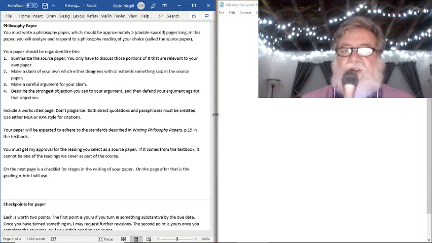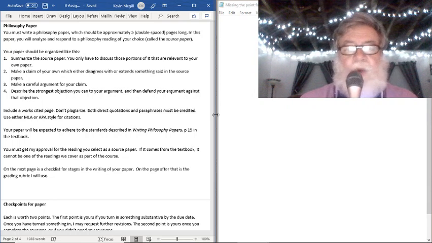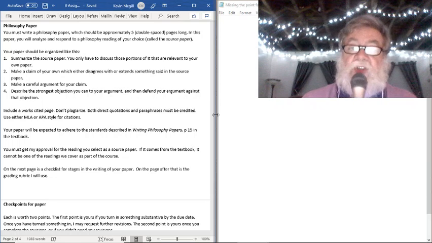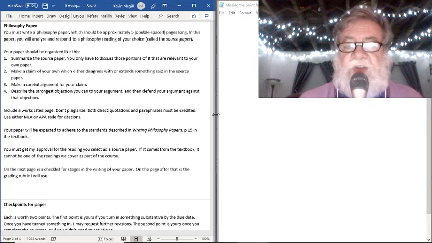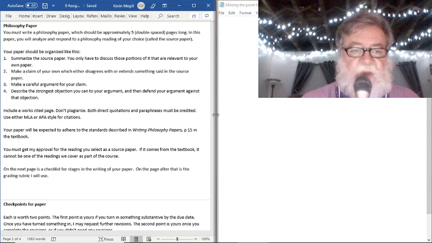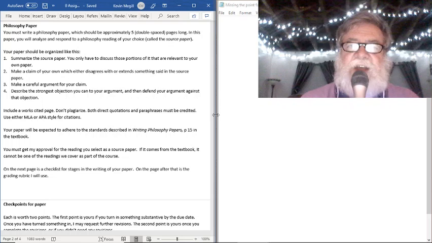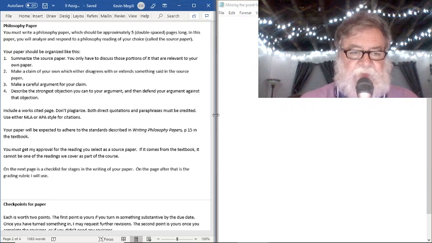Be sure you don't plagiarize. You probably will only use one source paper, or one reference at all. It'll be that source paper. Make sure you use MLA or APA style for citing it. Cite anything that you quote directly and anything that you paraphrase from it. Read the section in the textbook about writing philosophy papers. That will help a lot. And that's how that works.